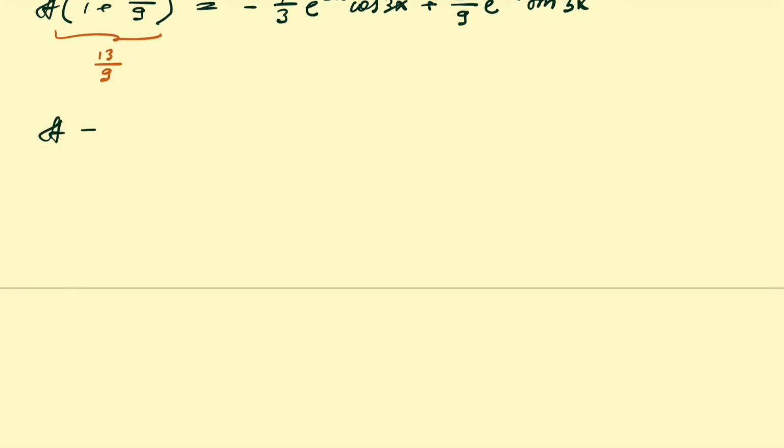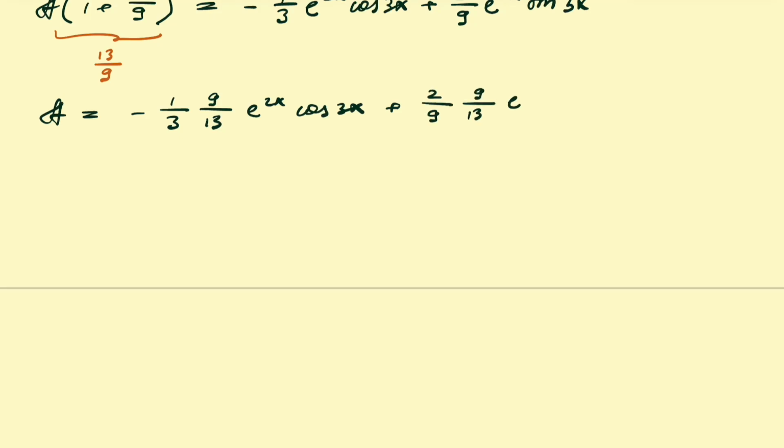Then A is equal to, I'll write it a little bit here. Now we multiply both sides by 9 over 13 to be correct. It will be minus 1 over 3 times 9 over 13 e to the 2x cosine of 3x, right? Plus 2 over 9 times 9 over 13 e to the 2x times sine of 3x. Now this is equal to,